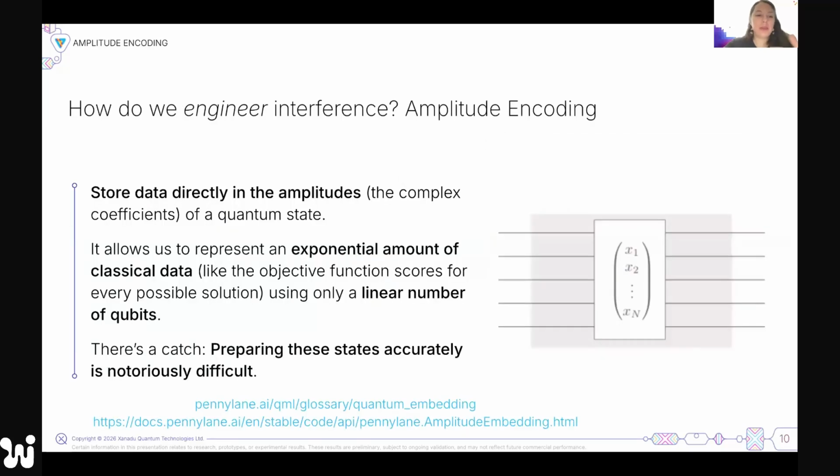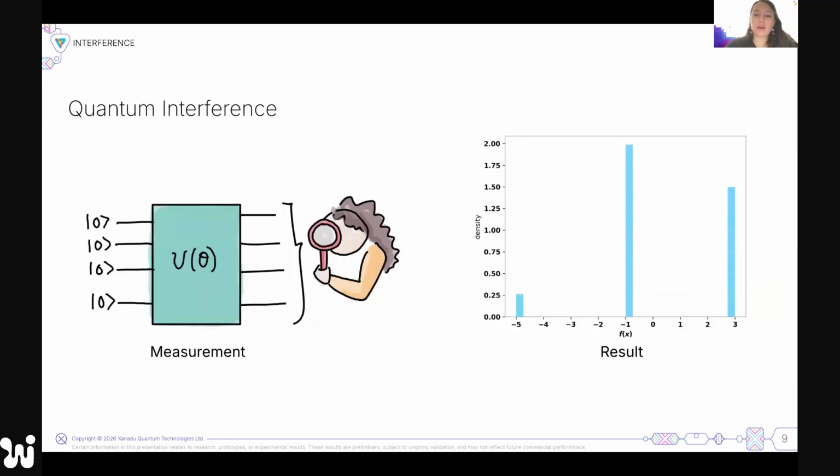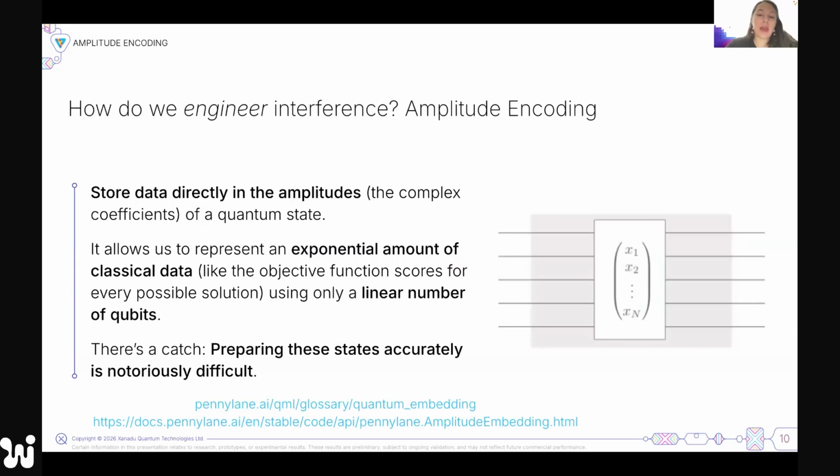We can engineer the way that we encode problems by adding them into the amplitudes of the state, for example. So the probabilities here, the probabilities of getting a 0, 0, 0, 1, 1, 0, and 1, 1, and so on, they depend on the amplitudes of my state vector. So here on the right, I have a state vector with some x's. They are these coefficients that tell me, this is my state, and I can represent it as complex amplitudes, some coefficients of my state. I want to engineer those. So I want to encode some data into those amplitudes. I will add some gates. There will be some state preparation routines.